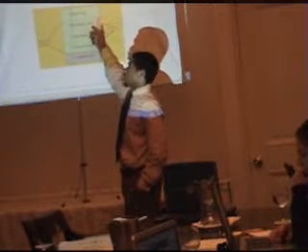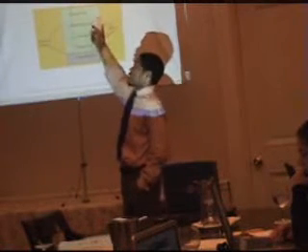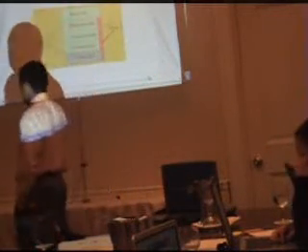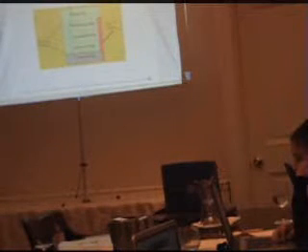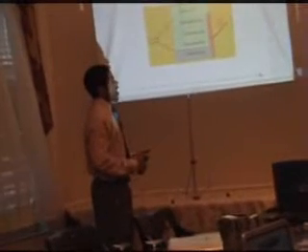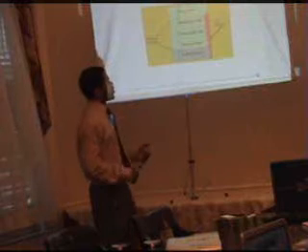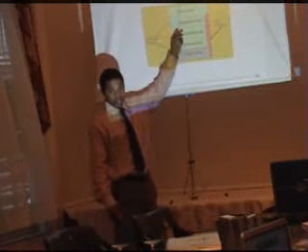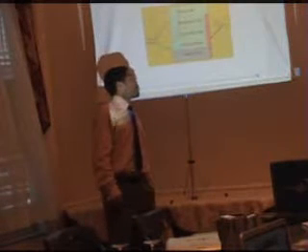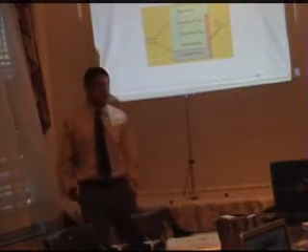Subordinated debt we'll come back to because it gets its name from being subordinated to senior debt. Senior debt is listed as senior because if the company goes bankrupt, they get paid first, right? So the senior lender is always going to get paid first. After the senior lender, the subordinated debt holder gets paid, and then on down the line, right? And if there's anything left at the end of the day, the common stock shareholders get it.